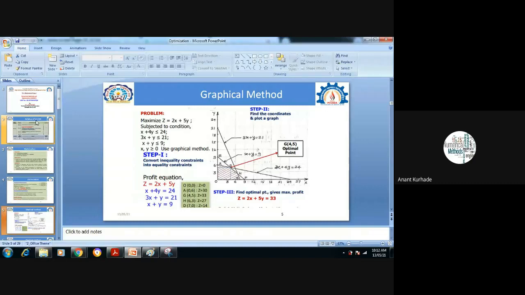We have checked the standard format, and we have studied this also. The standard format of the problem is like this: maximize z is equal to 2x plus 5y. Here again we have the constraints. Most important part: whenever we are plotting the graph, we require the coordinates for each constraint. So how to find coordinates? First, convert the inequality into equality form. Just remove the less than sign and put equal to there. To get the coordinates, put x equal to 0 to get the y coordinate, and put y equal to 0 to get the x coordinate.